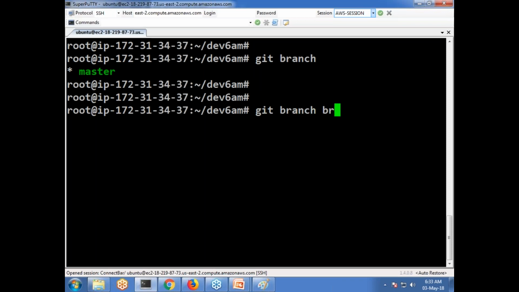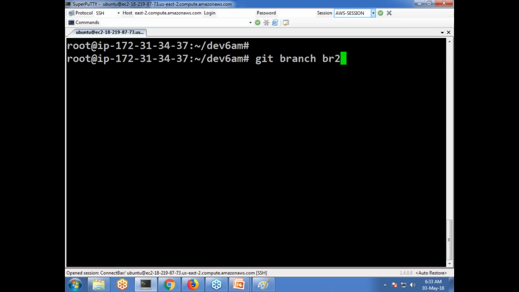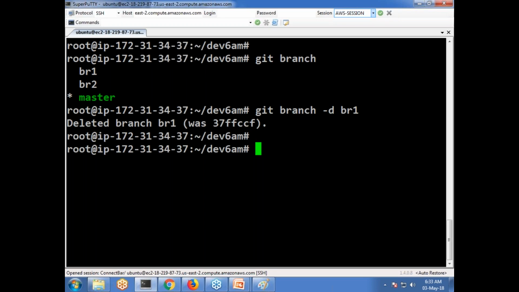Git branch BR1. Okay. Actually, one more branch BR2. Okay, branches are created. If you say git branch, it shows the two branches, right? While deleting these branches, you can use a command: git branch -d BR1, the branch is deleted. Git branch -D BR2,